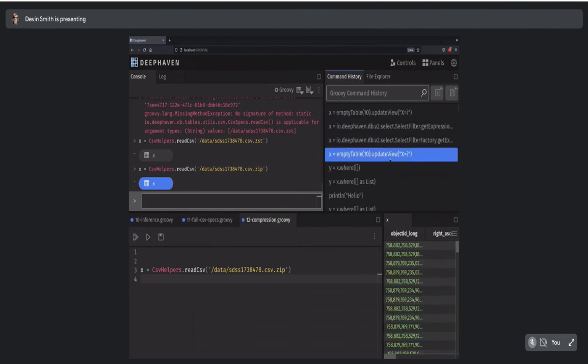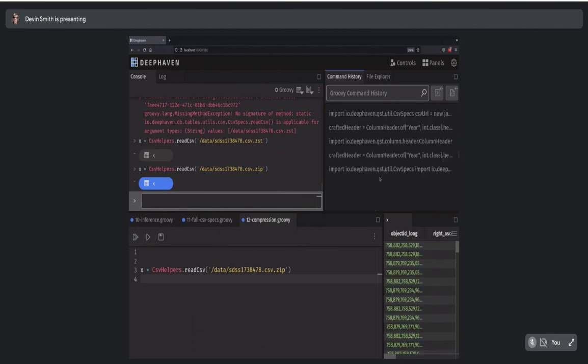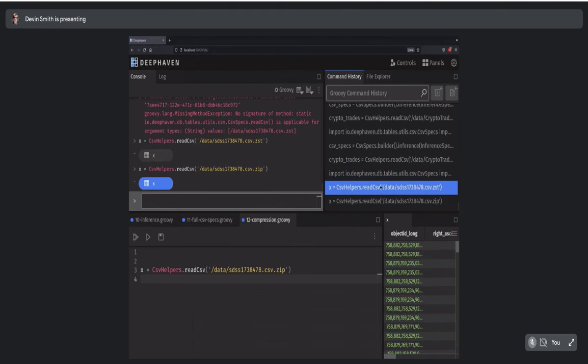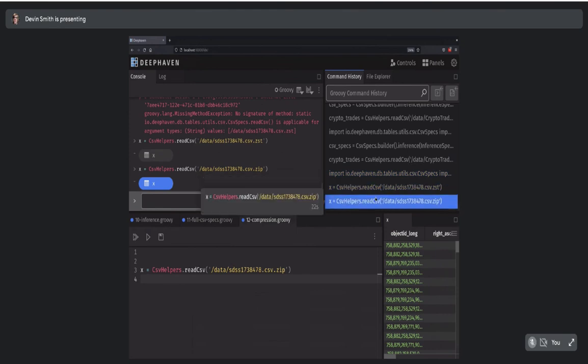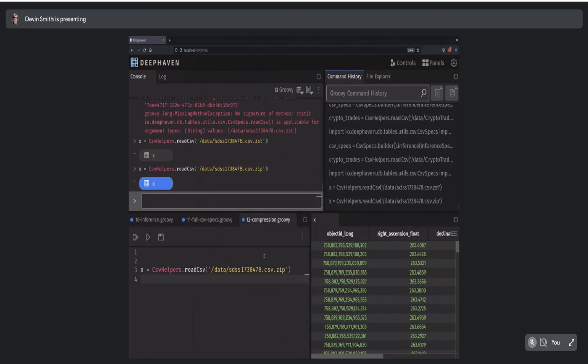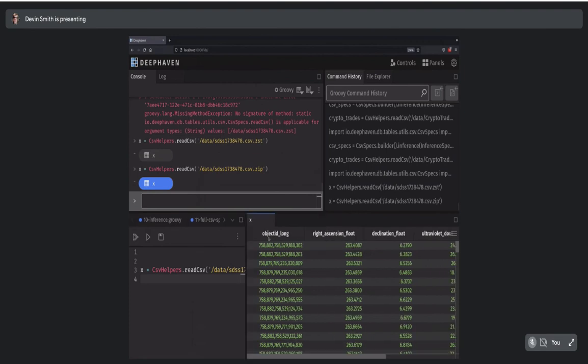Just curious, let's see what the difference in times were for those commands. So our Z standard was 16 seconds and our zip was 22 seconds. So we are about 25% faster reading from the Z standard version. And it's about 2 million rows or so with